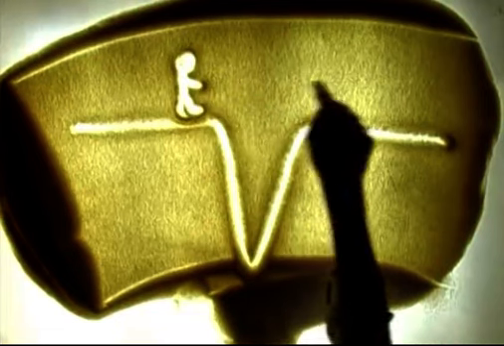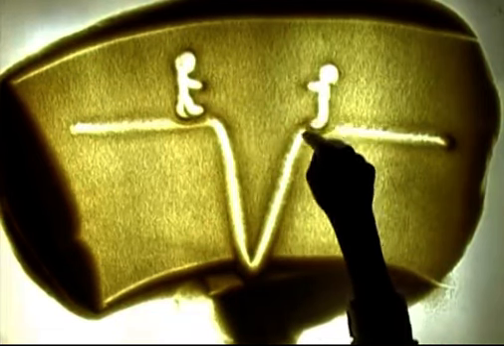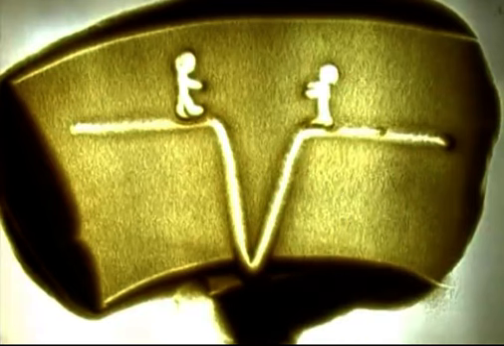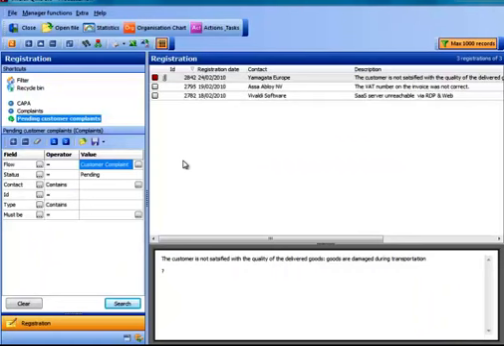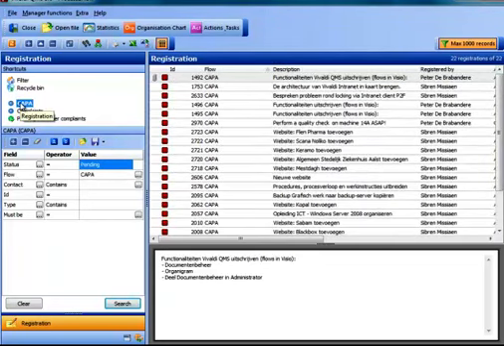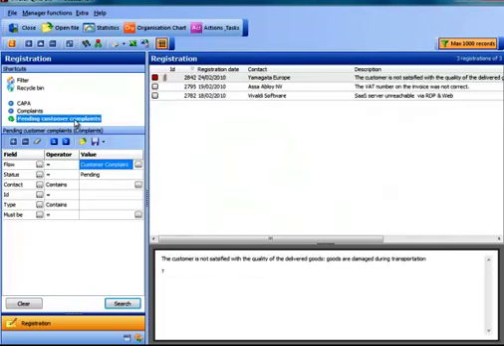In this short presentation, we will introduce you to the user-friendliness, simplicity, and power of the Process2Flow workflow module. The main screen of Process2Flow shows us the various overviews of the open and finalized processes, such as customer complaints,